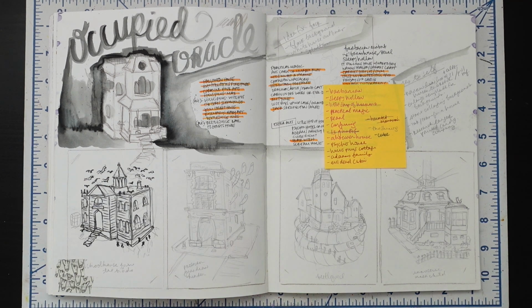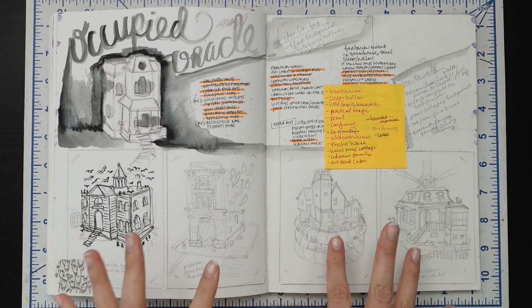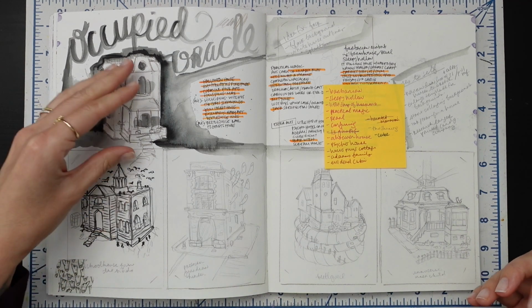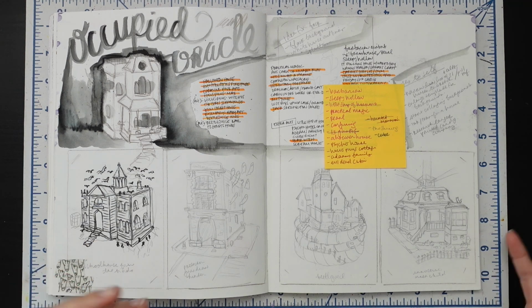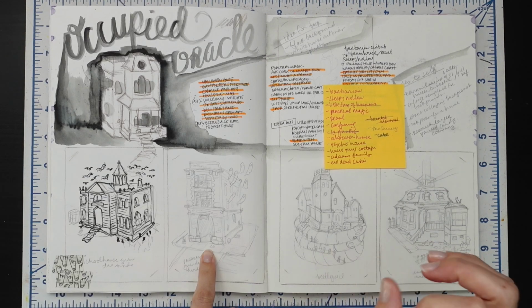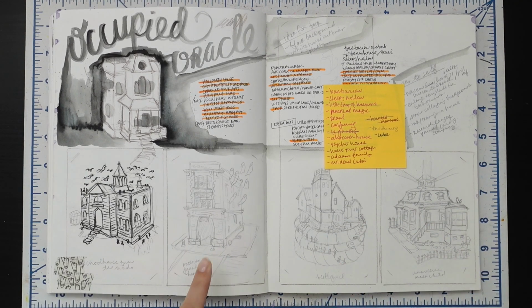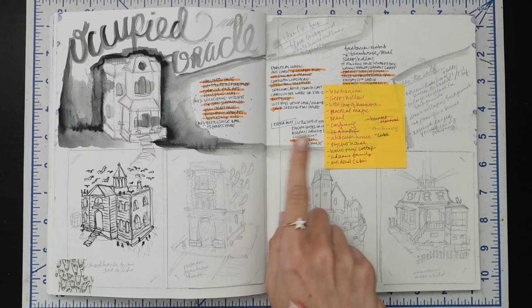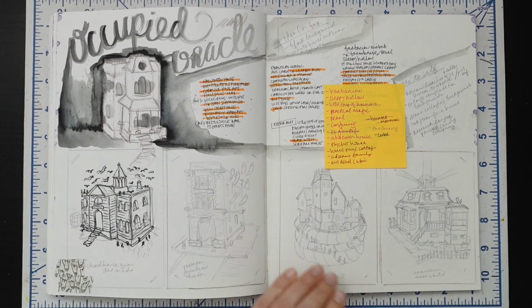However, the idea for it really started here in Sketchbook Club. This is where I started brainstorming the ideas for the houses and pinning down what the houses were going to look like, what the stylization of them was going to be, what materials I was going to be using. I didn't know, and I worked all that out here, including the scale. This is the actual scale of the houses when they get illustrated onto other paper. So you can see kind of my list of things here. It is out of date. I have things that I have finished that I haven't come back here and added to, but these are